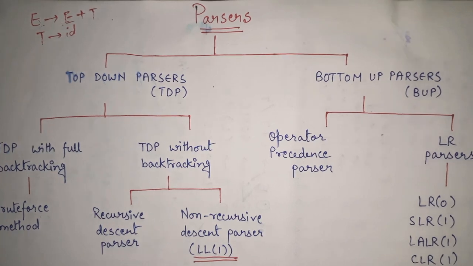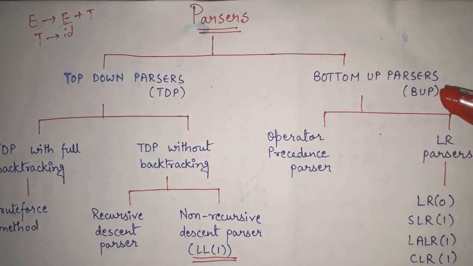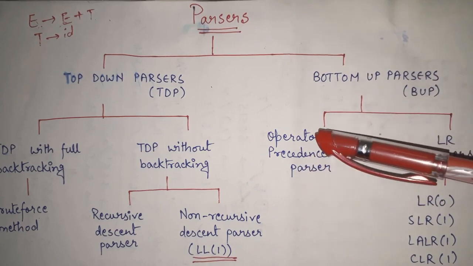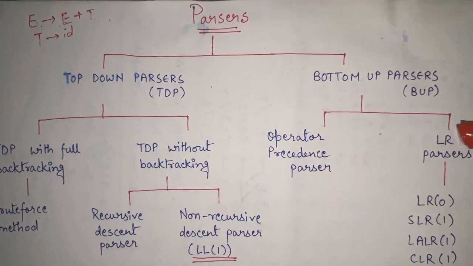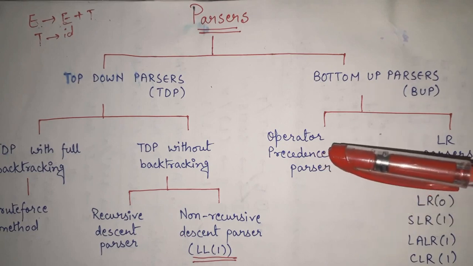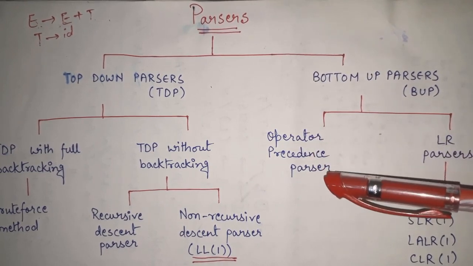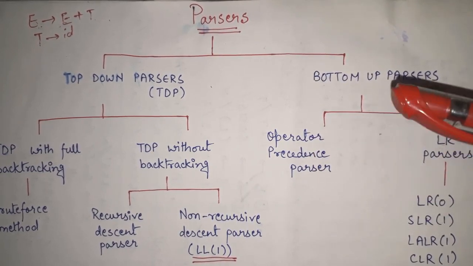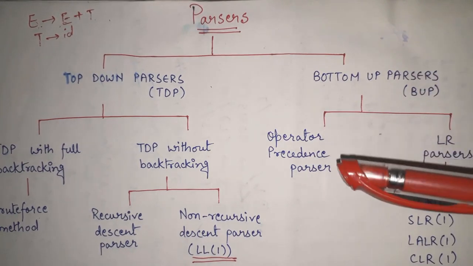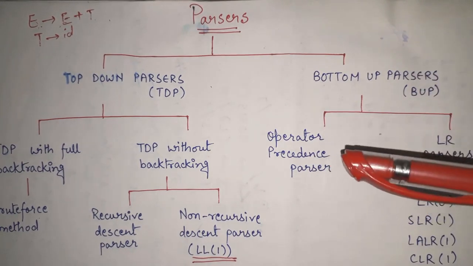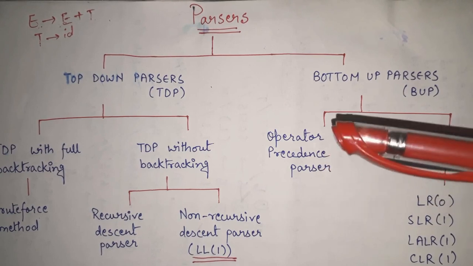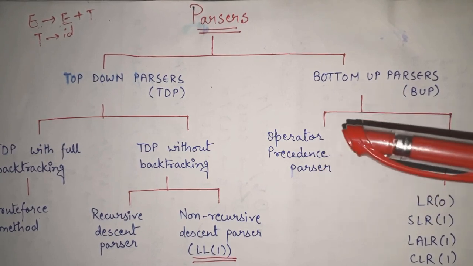Fine. Then we have bottom-up parsers. Bottom-up parsers can basically be categorized into two parts: operator precedence parser and LR parsers. First of all, what is the operator precedence parser? It is one type of bottom-up parser. The most important thing to remember about it, and it is a frequently asked question, is that